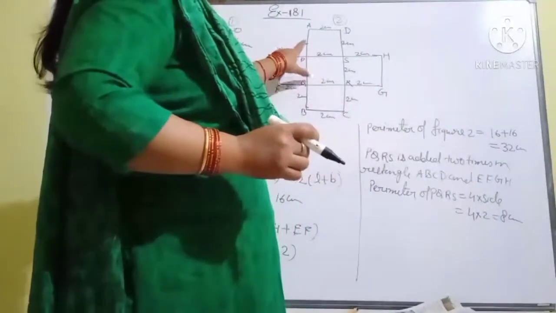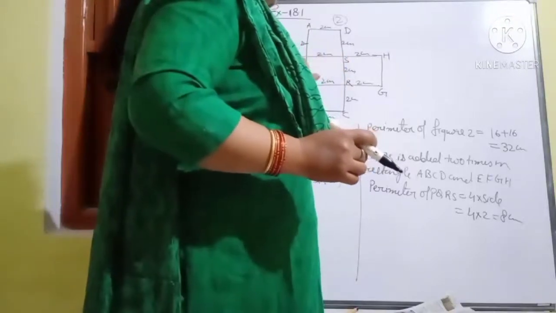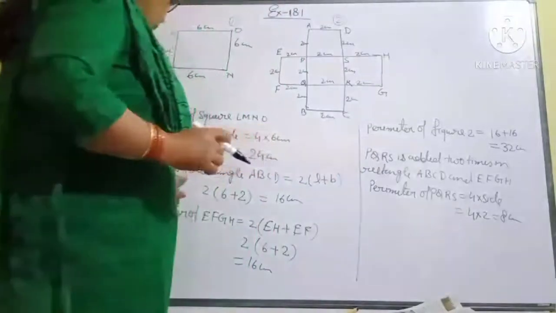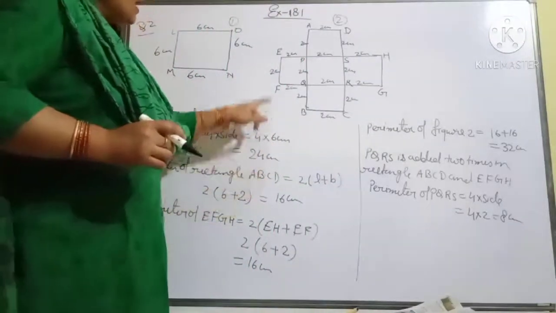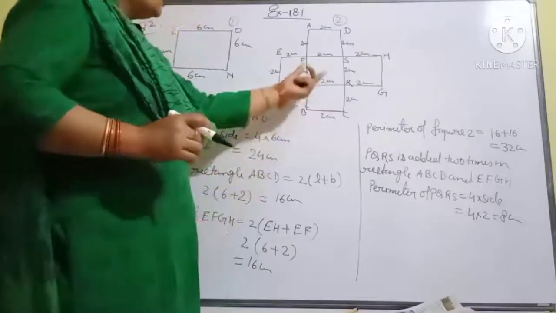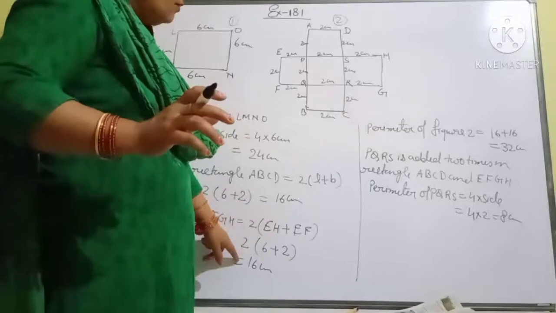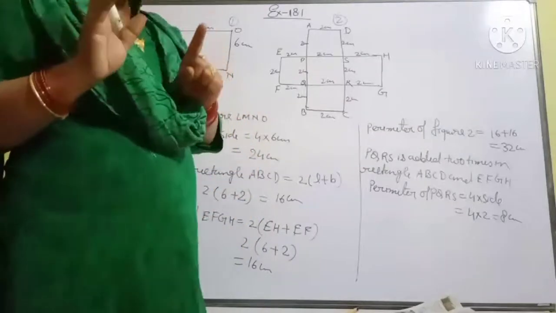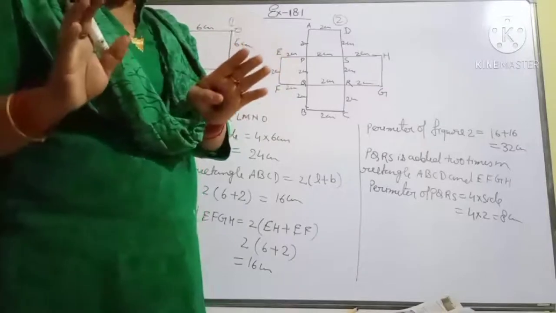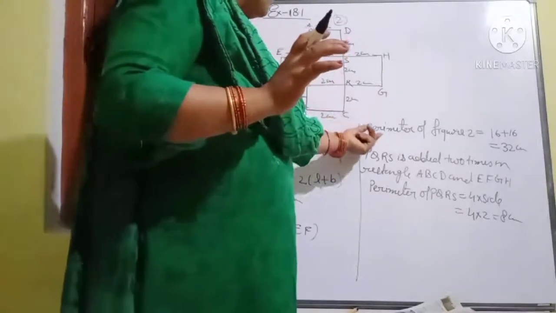You have seen that when we took the perimeter of ABCD, at that time this PQRS perimeter came into the perimeter of the rectangle ABCD, and when we took the EFGH perimeter, at that time also the perimeter of this square is added in the perimeter of the given figure. So it should be added only once. इसको एक ही बार ऐड होना चाहिए था, ये कितनी बार में ऐड हो गया है? 2 टाइम्स ऐड हो गया है. तो आपको क्या करना पड़ेगा? That is the perimeter of the figure 2.